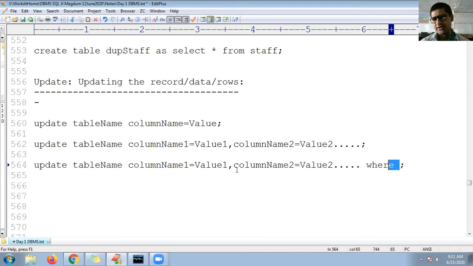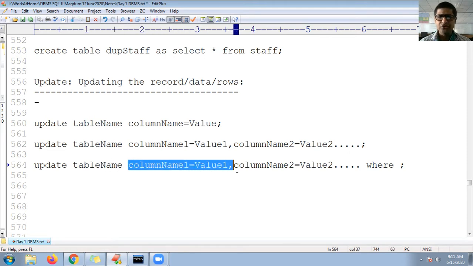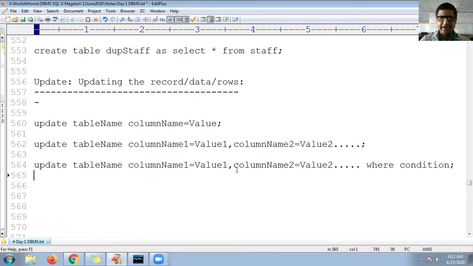Till now I haven't used where, but now I'm using where. So update table, then the list of columns and their values you want to update, where my specific condition should match. So you can use where and your condition, guys. And at last, every statement in SQL ends with a semicolon, guys.